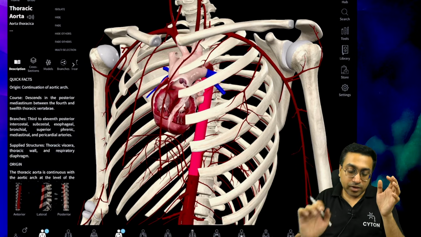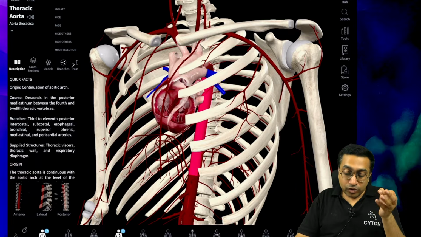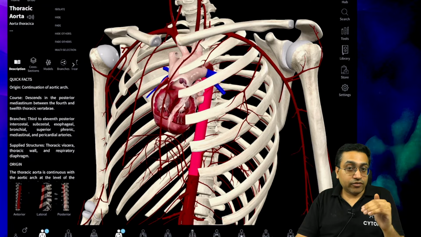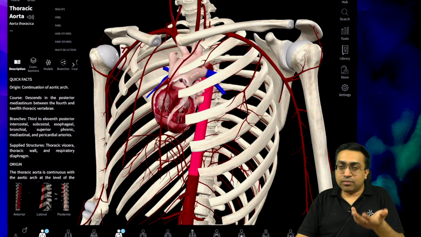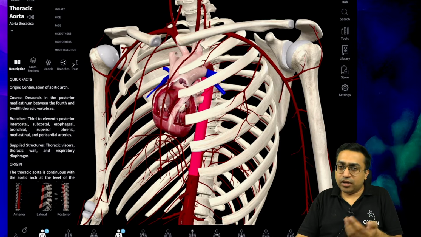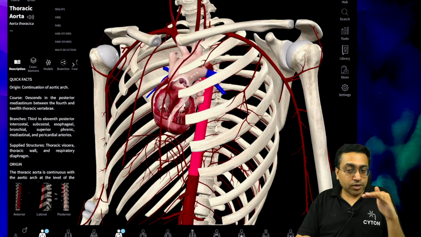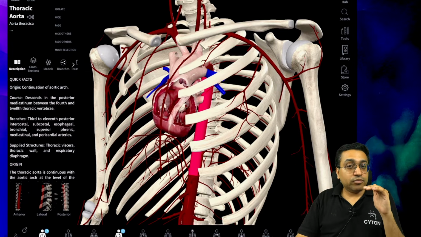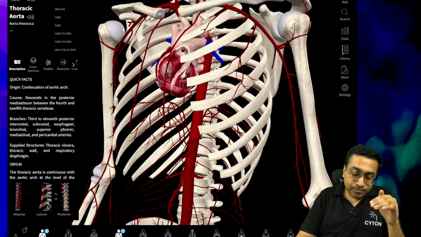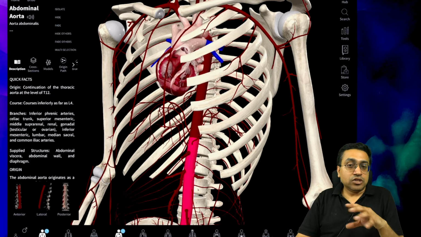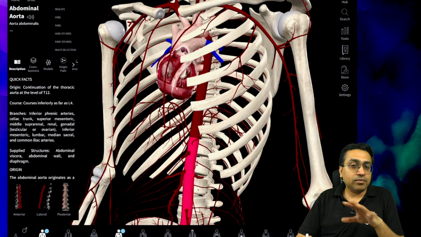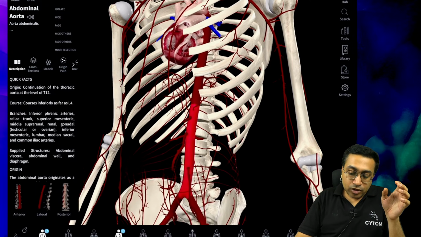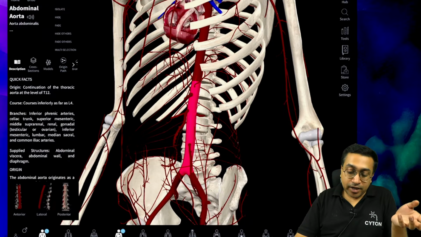If I just show you in this manner, why only this part? Because below this level there will be the thoracoabdominal diaphragm. The diaphragm is a partition between the thorax and abdomen, if you know. So from the point of diaphragm there is an opening, that is aortic opening. From that point onwards it will be known as the abdominal aorta. So thorax will have all the arteries supplying from the thoracic aorta. Then coming on to the abdomen region, abdomen region is supplied by this abdominal aorta.